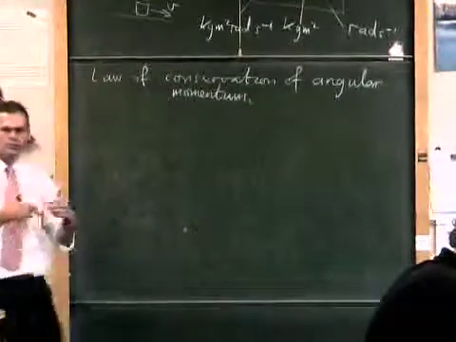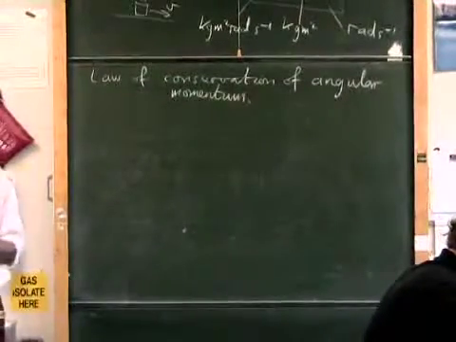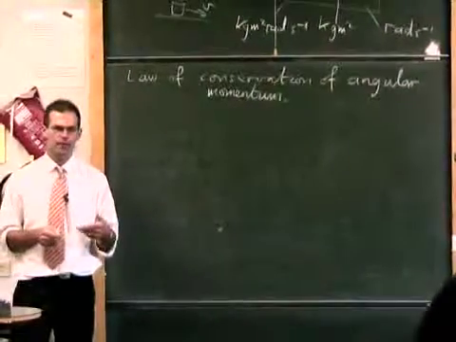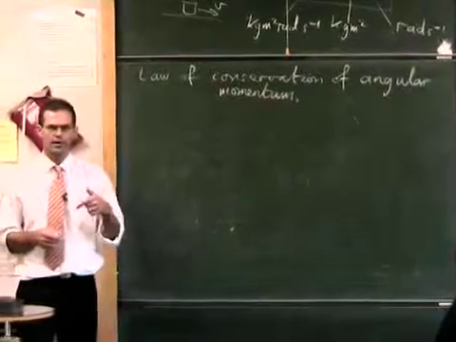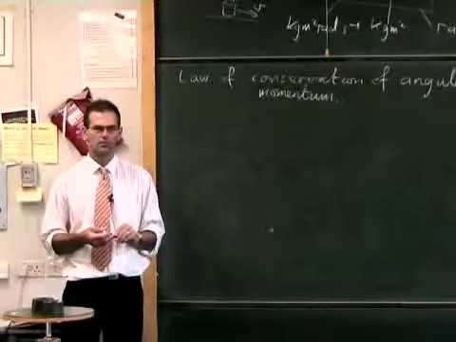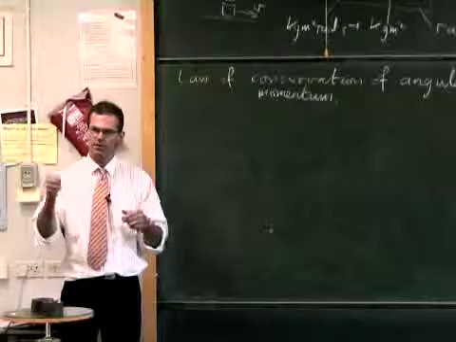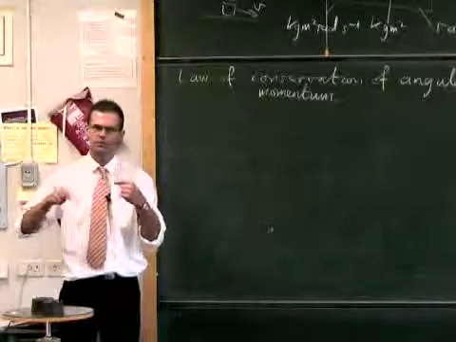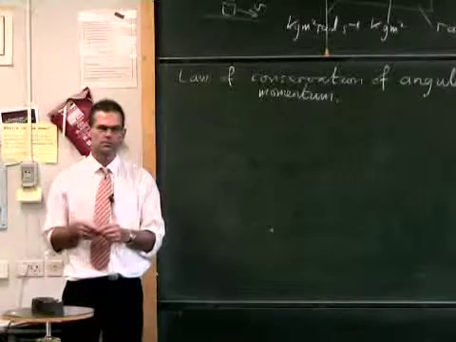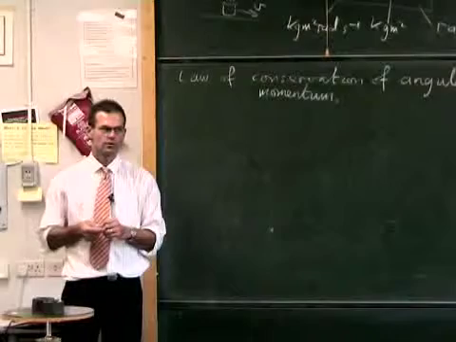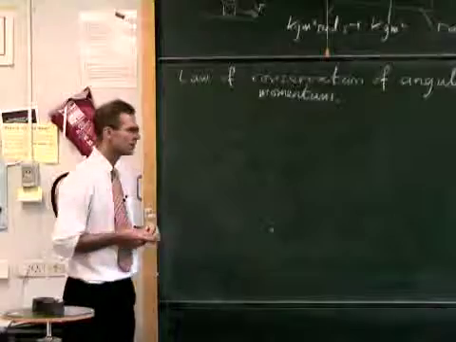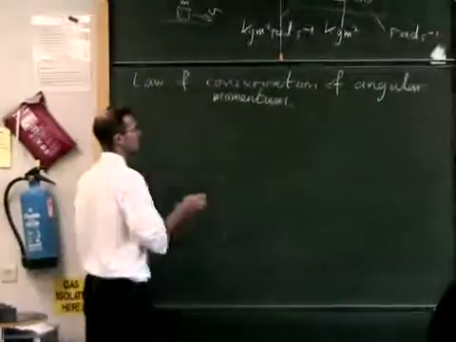There was always a proviso with the conservation of linear momentum last year, that it had to be in the absence of any external forces. What would be the proviso in the case of angular momentum? What will it need to be in the absence of? External, not so much forces, but again we're thinking about twisting, turning, rotation. So instead of force, what's the rotational version of force? Torque. Okay, so in the absence of any external torques,